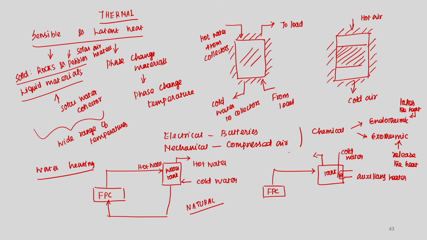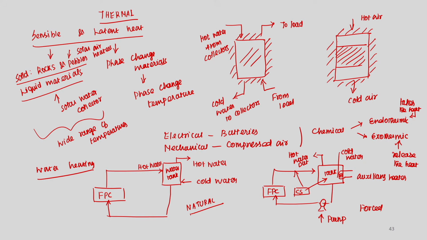From this you can take hot water out, but how to get the hot water? For that you would be using the pump, and it is pumped to the FPC, and you can also have a provision of a control system, right, which checks both when hot water comes out of the FPC whether it is at a particular temperature, and whether the hot water within the tank is at its required temperature or not. You can check with some particular control system. Since we are using a pump, this is a forced circulation system.